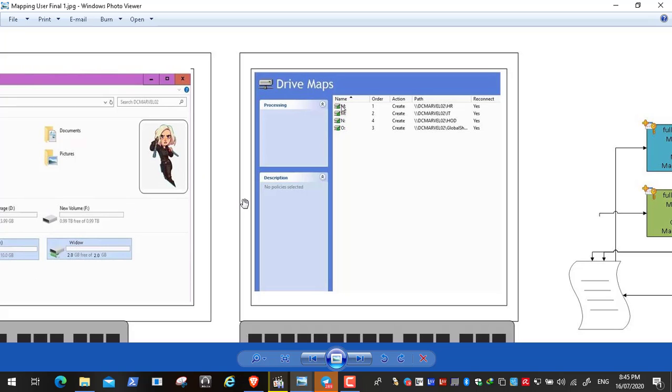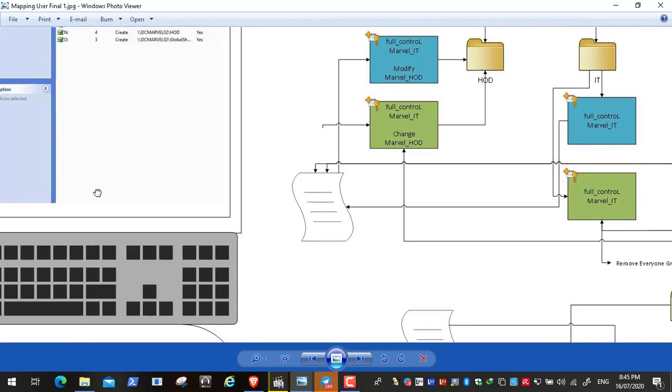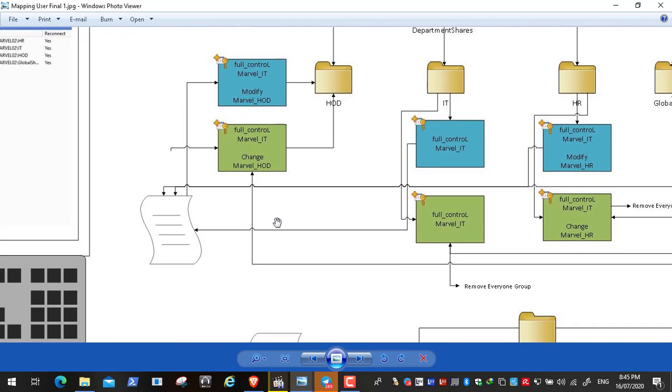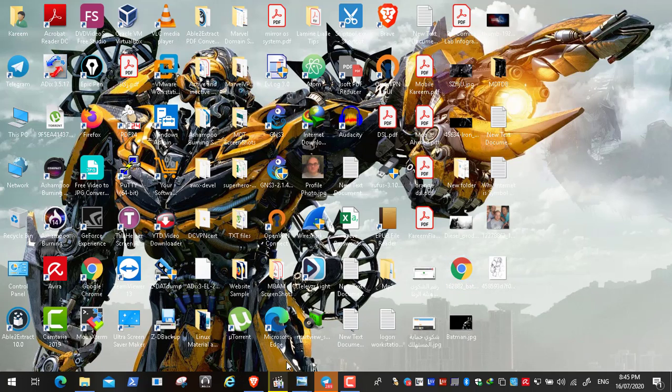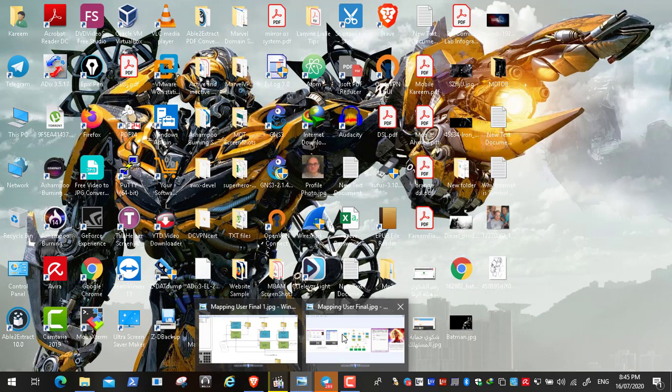I will show you all this. The IT share will also be mapped as M. The HOD share will be mapped as N, and the global share will be mapped as O. So this is the whole process. What appears after creating the department shares are the home user folders. I can show you all, for example, if widow is not logged in,